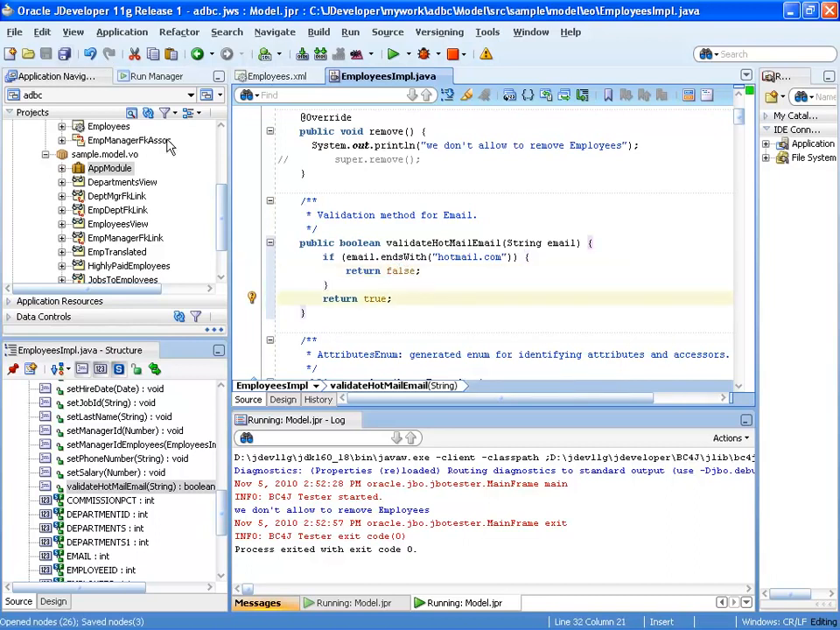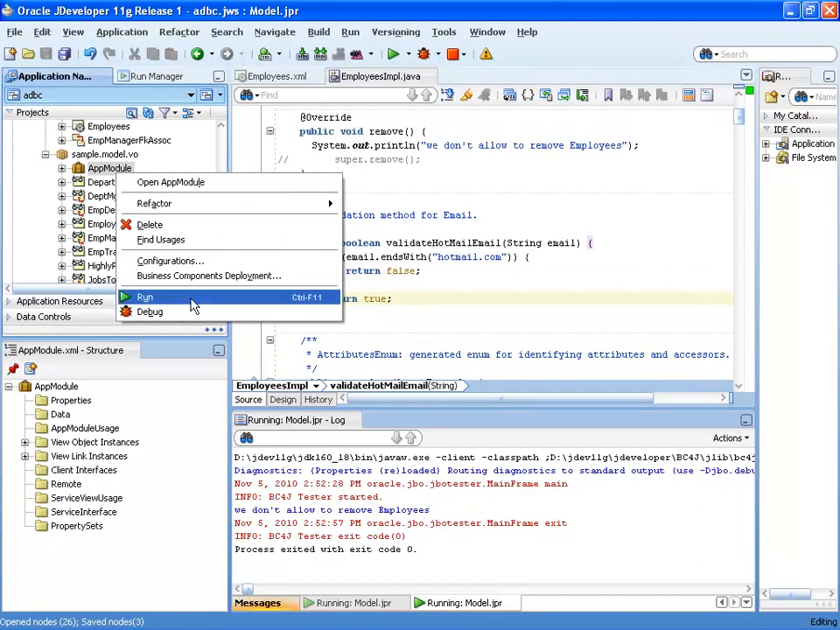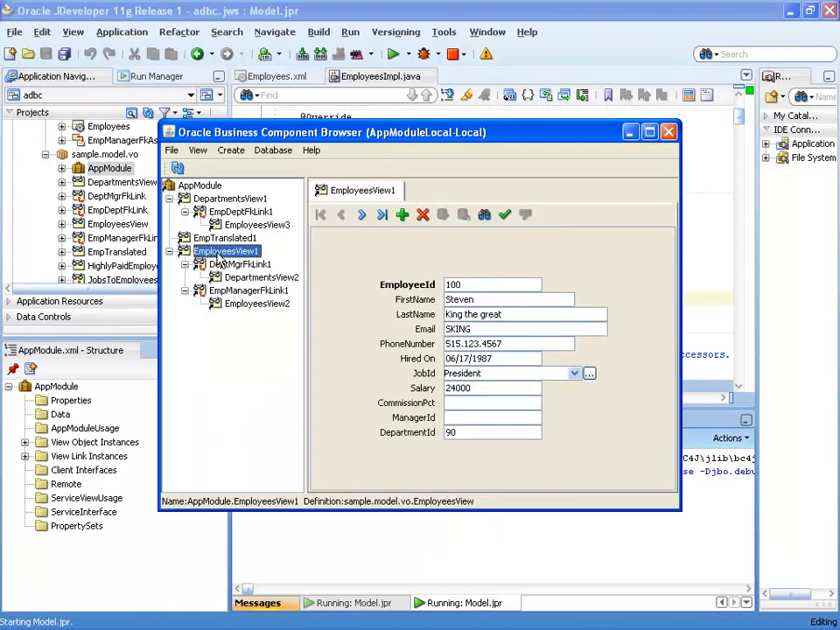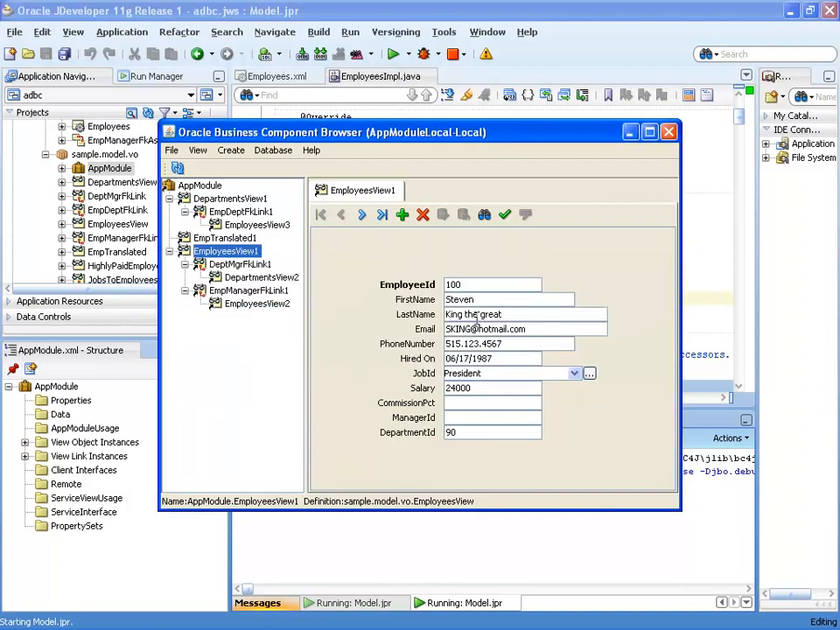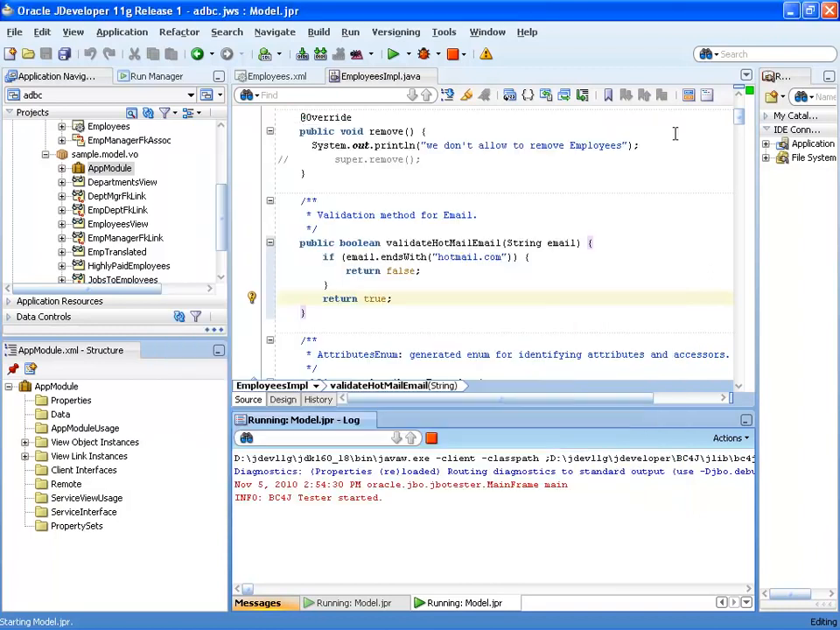Save everything, and again run our application module. So, as an employee, try and update his email address, and when we try to leave the field, we get our error message: we don't accept hotmail addresses. As you can see, it's very easy to override specific behaviors by interjecting just the Java code that you need